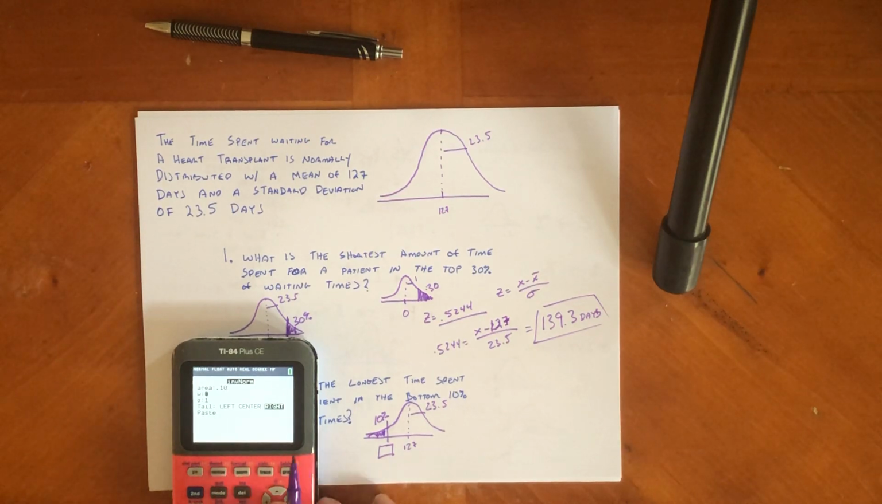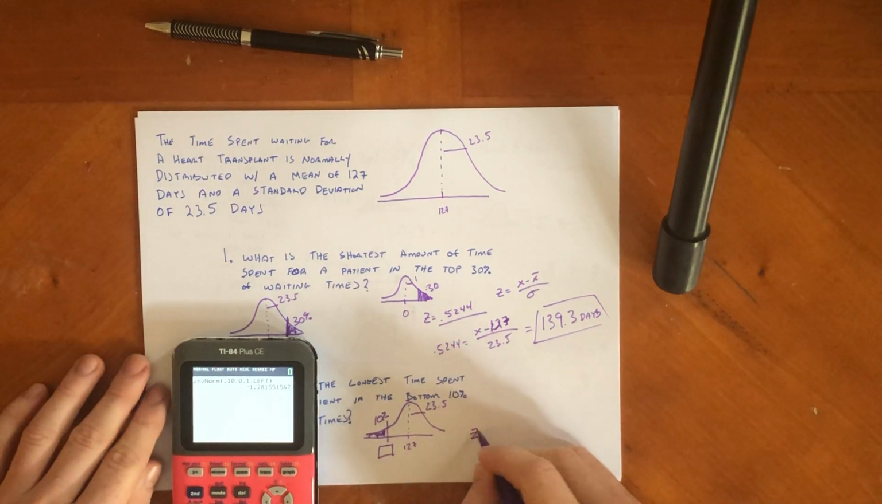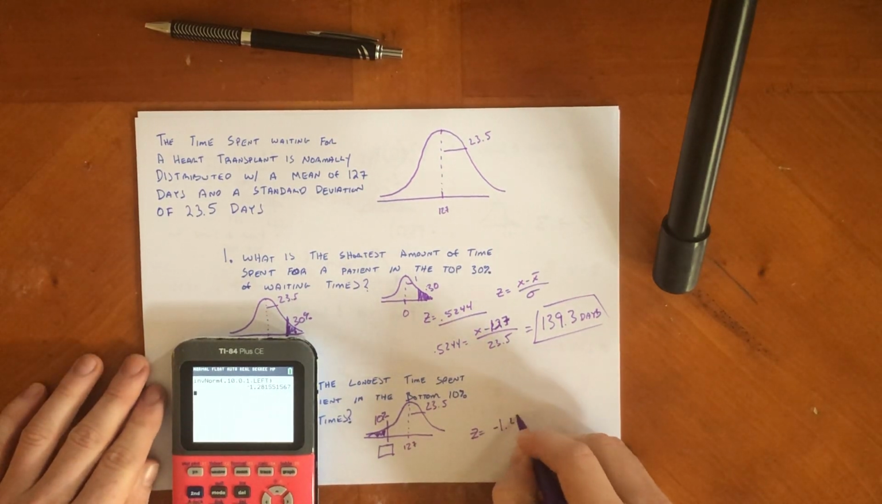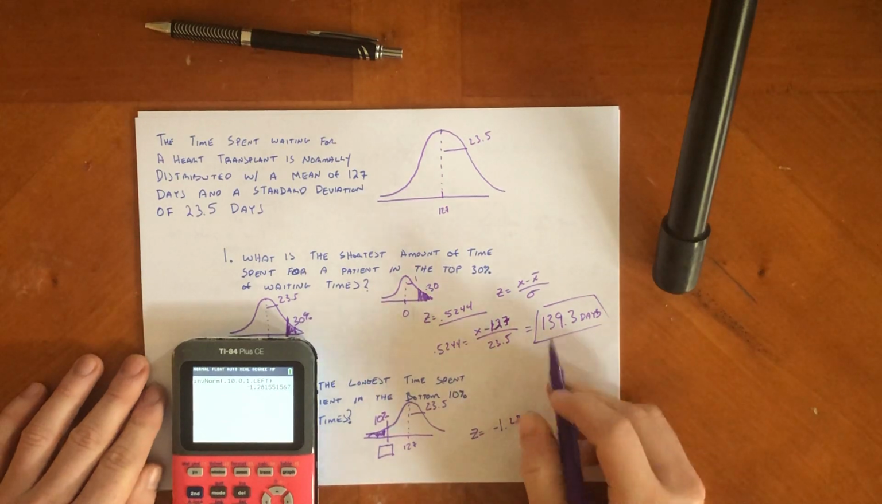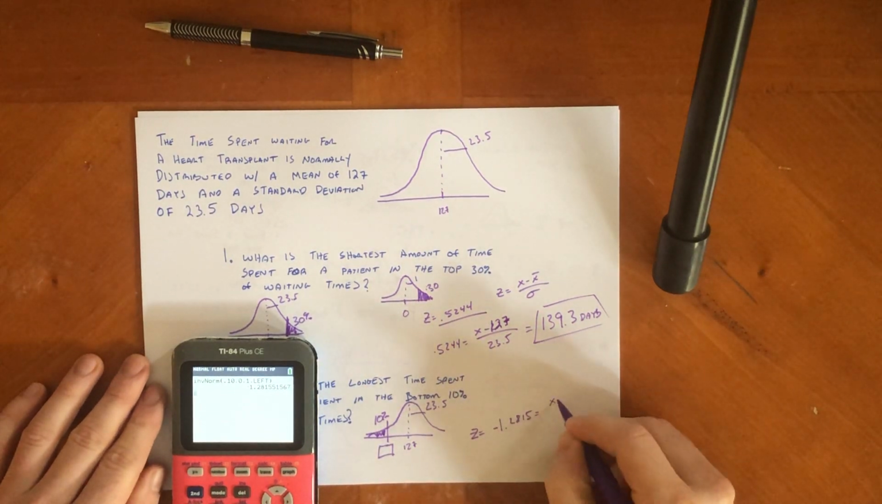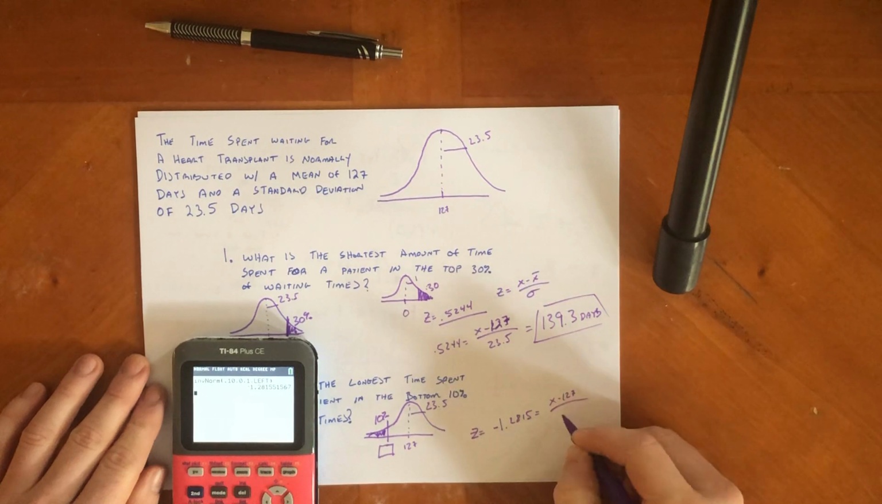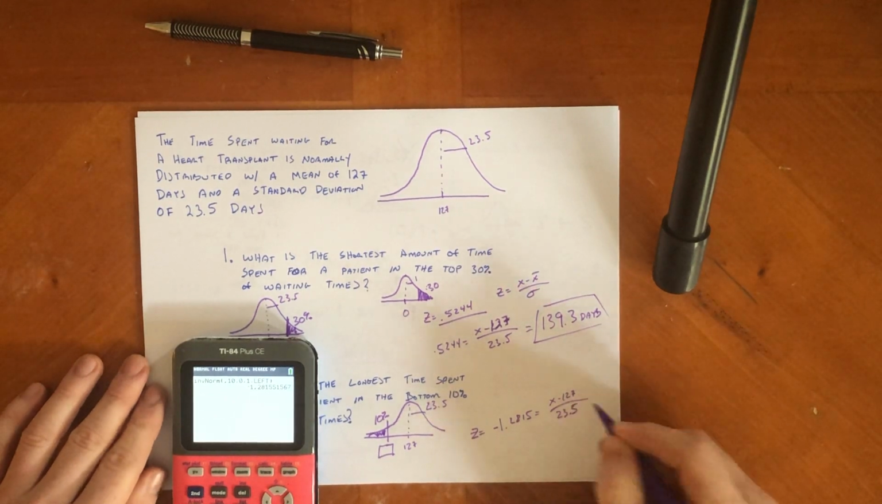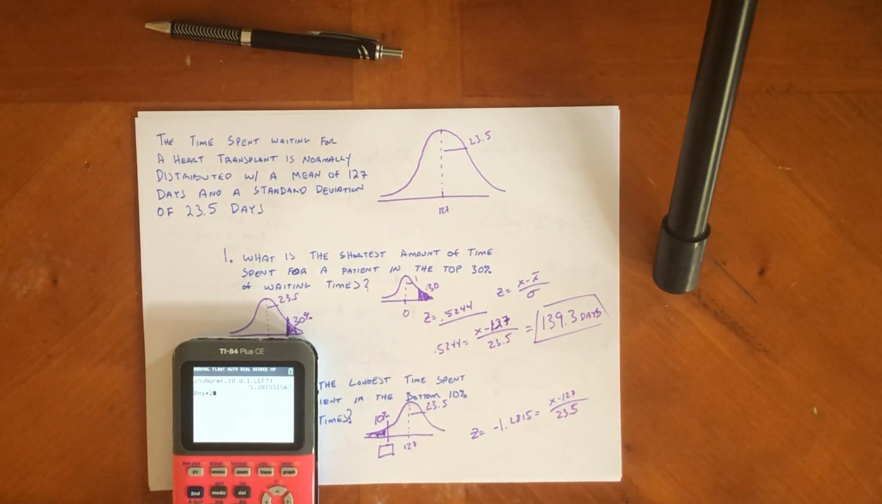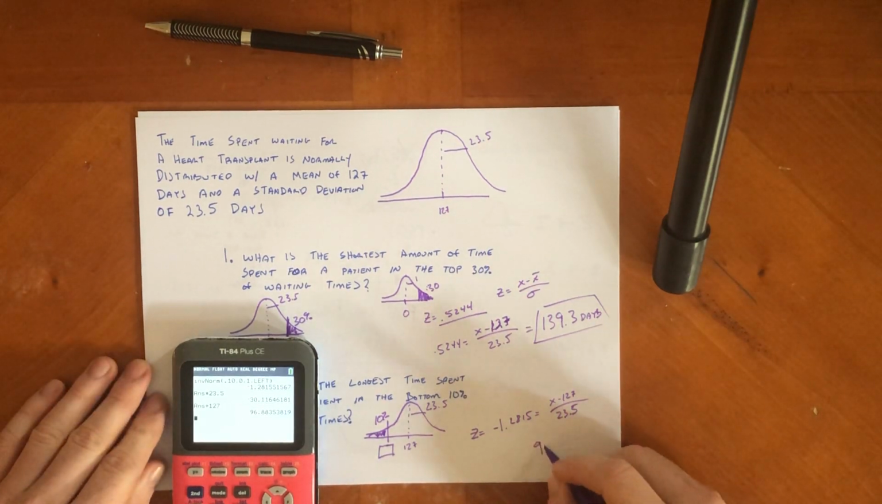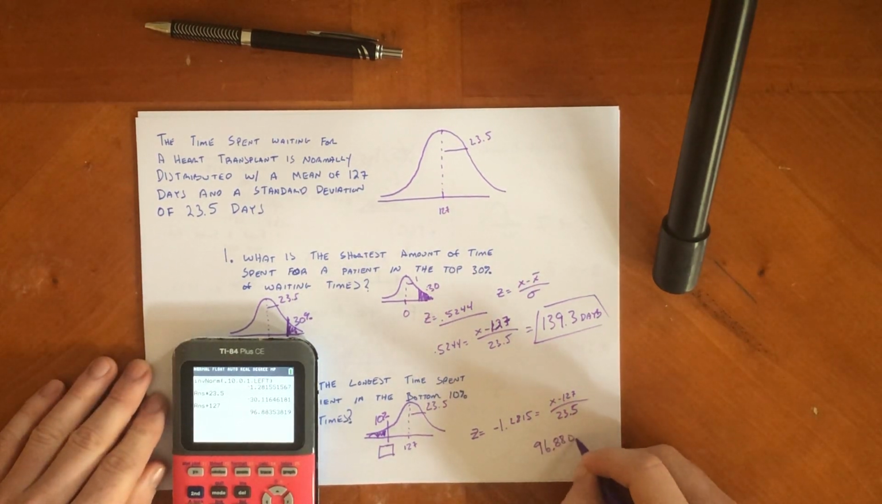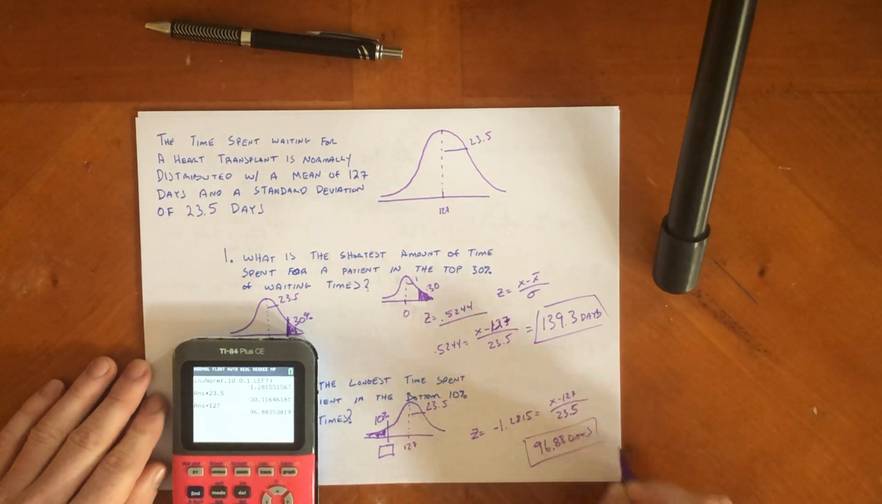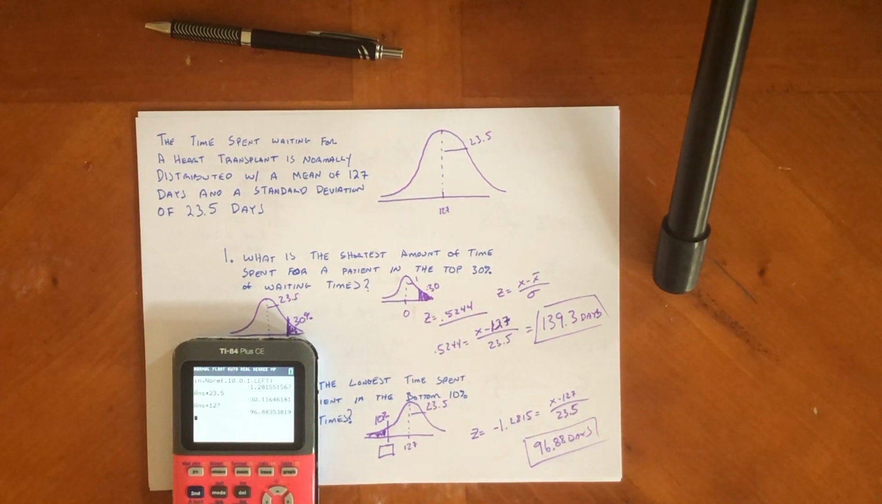Make sure you enter that in as a decimal. We want it to be left, right? I'll find my z is going to be negative 1.2815. And then I'll use that and I'll set it equal to my formula, x minus x bar over standard deviation. So I got to take that, multiply by 23.5, and then go ahead and add 127 to it, and I get 96.88 days. So somebody that waits about 96.88 days or 97 days is going to be in the bottom 10%